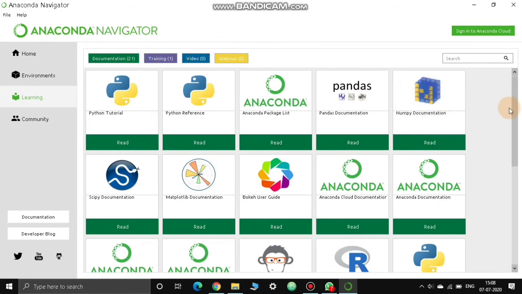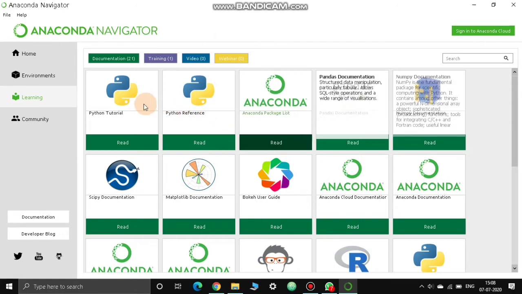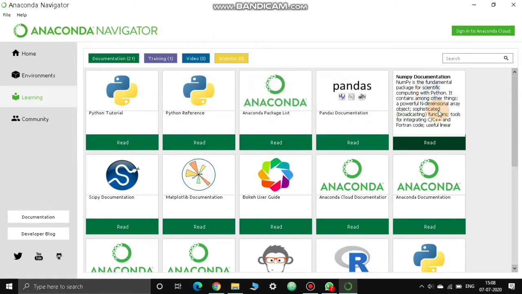For learning how to use this software, you can always use the ready-made documentation which is available here. NumPy documentation is already here. NumPy is the fundamental package for scientific computing, which is already used in Python so far. The NumPy library is a very powerful library, widely developed and it has become the reference for any developer working towards machine learning.